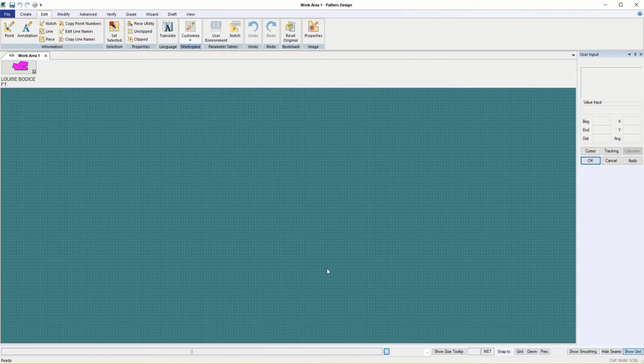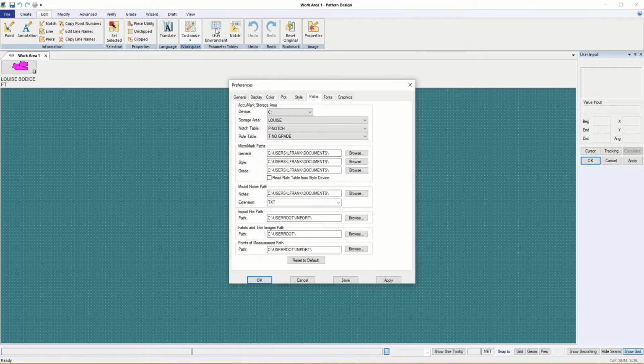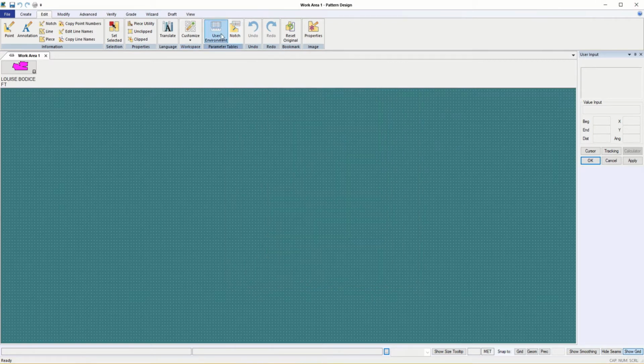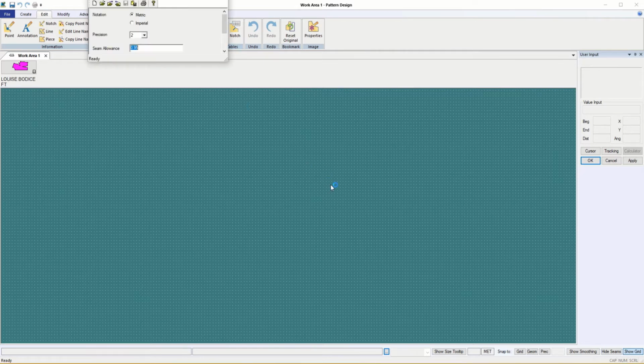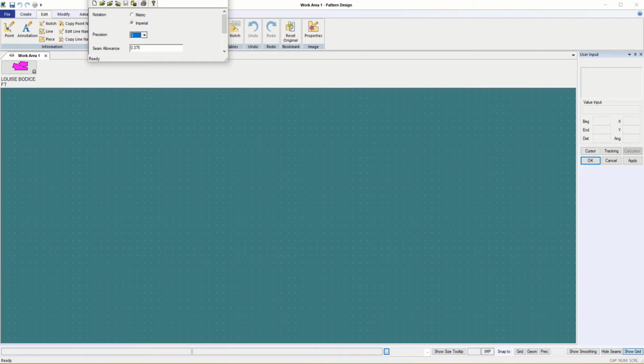Well, did you see that shift? It shifted to metric because I haven't changed that in there. So I'm going to go back up to that, Edit, Customize. No, wait, it was User Environment. Sorry about that. User Environment, and change that to Imperial in 3 places, and then save it. So it went back to Imperial,